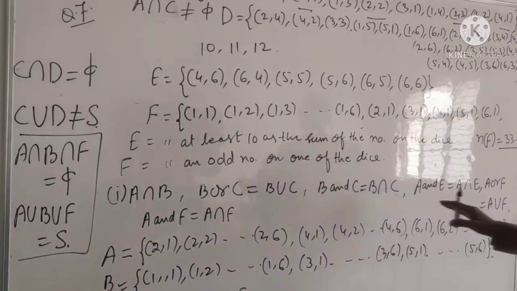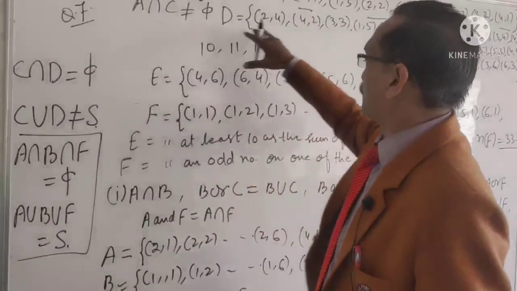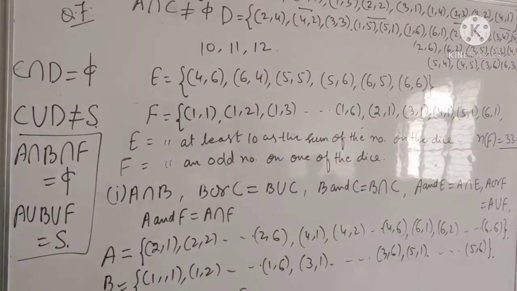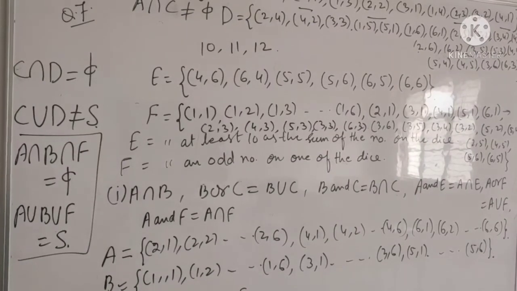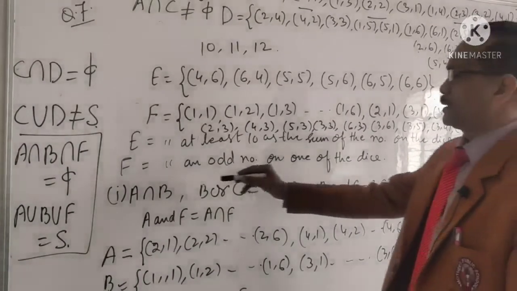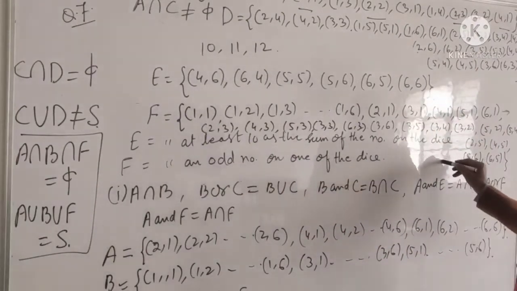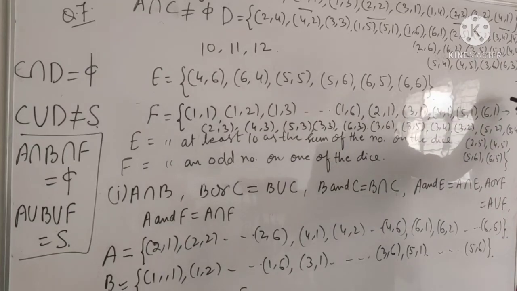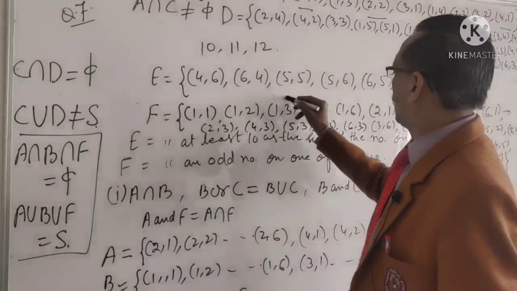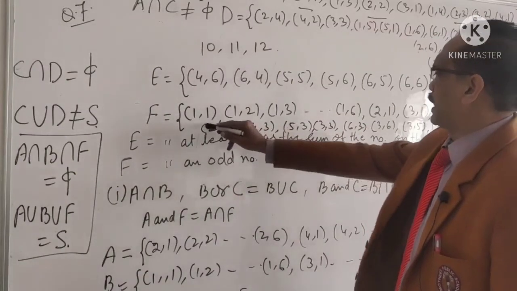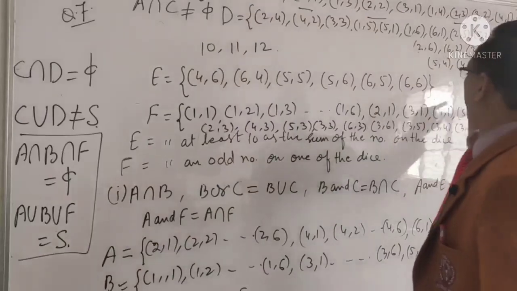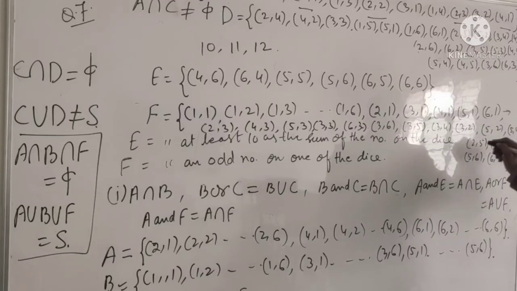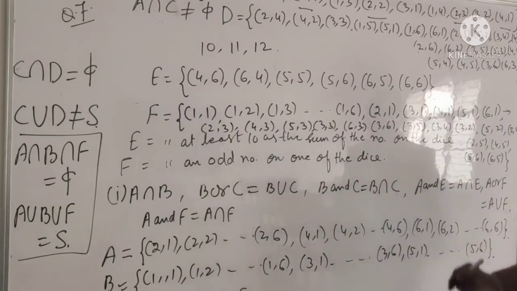This way we will find all types of the events, then find their intersection and their union. The number of elements in the set F, that is not 33, that will be 26. With 1, there are 11 elements, and there are some elements common. So there are total 11, 12, 13, 14, 15, 16, 17, 18, 19, 20, 21, 22, 23, 24, 25, 26. There are 26 elements.